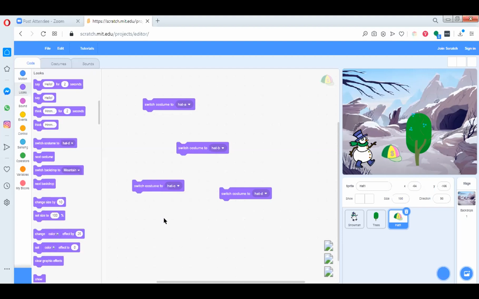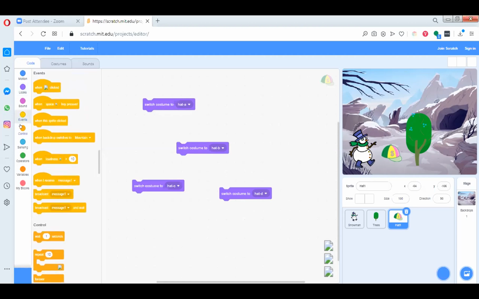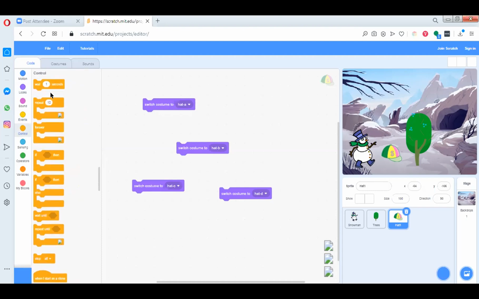Okay. So what we have to do, Rakshita, after we change a costume, we have to give a wait over here. So now go back to control. Give a wait of 0.2 second. Then attach this over here. Then give a wait of 0.2 second.